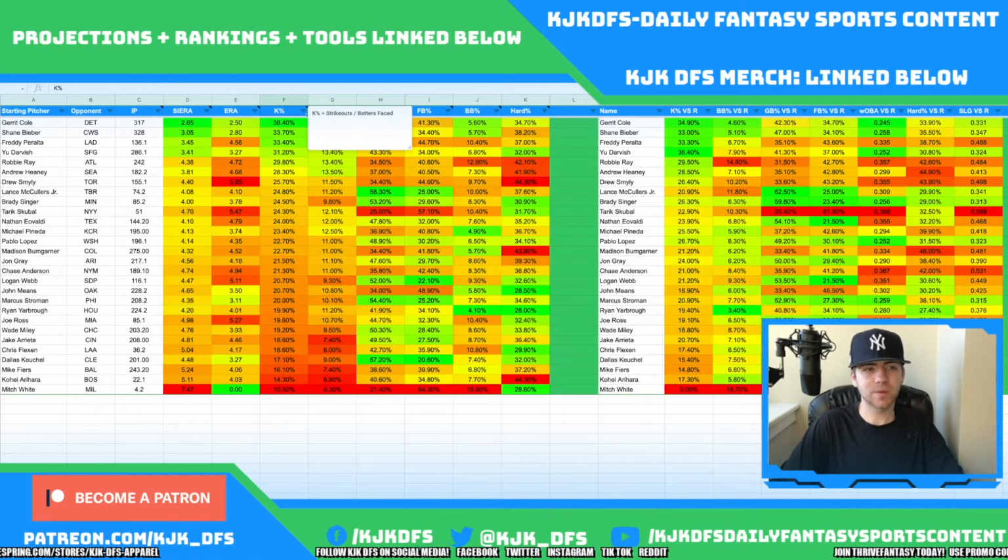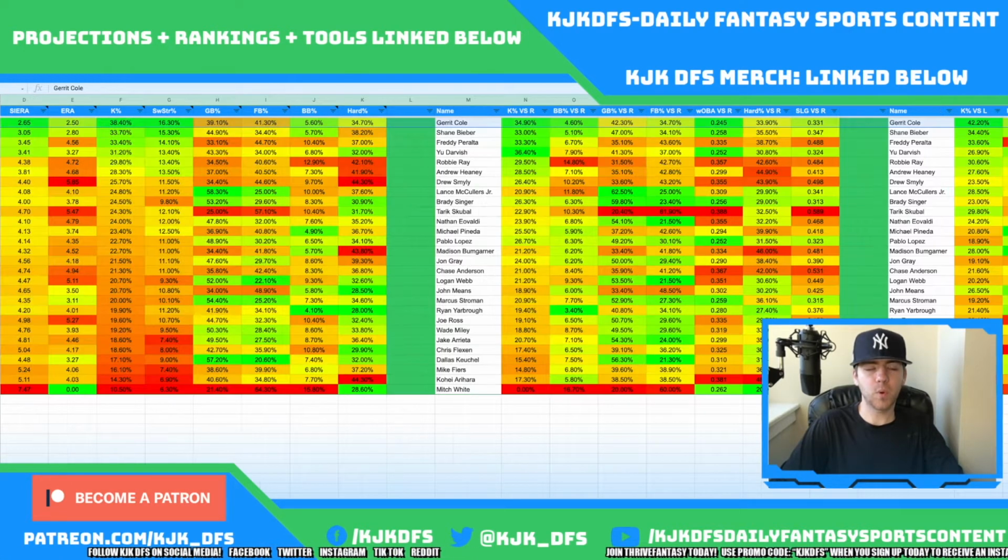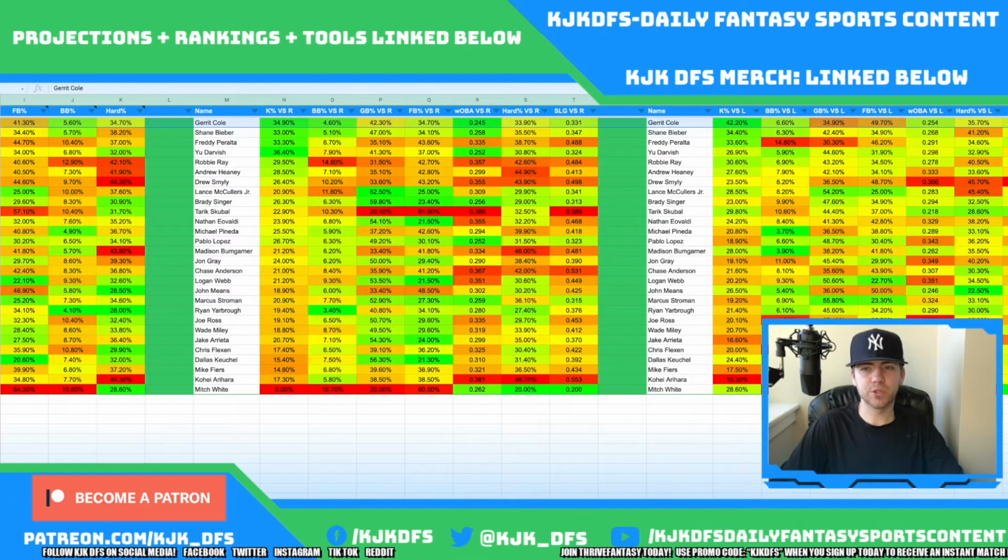And I like to do this by sorting my sheet by K-rate. It's fantasy sports. We get points for strikeouts, and the top guy on the slate today is going to be Garrett Cole, taking on the Detroit Tigers. He has a 38.4% K-rate overall, 16.3 swinging strike rate, 34.9% K-rate against righties, and a 42.2% K-rate against lefties,